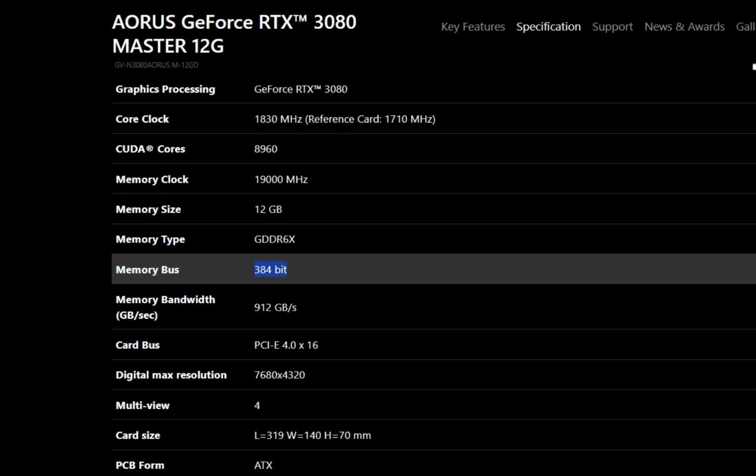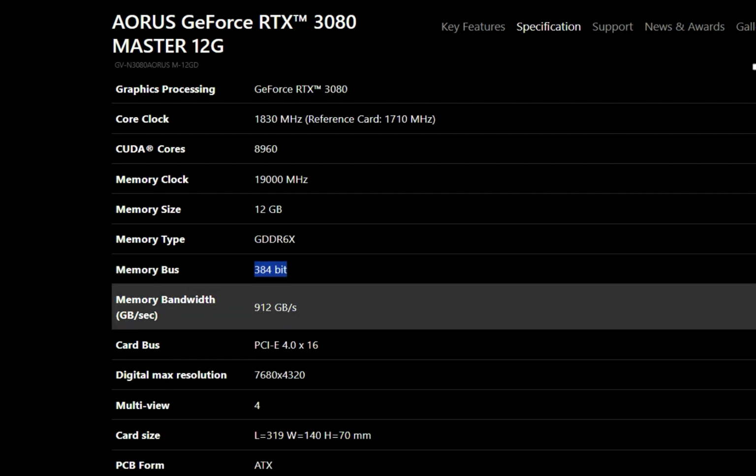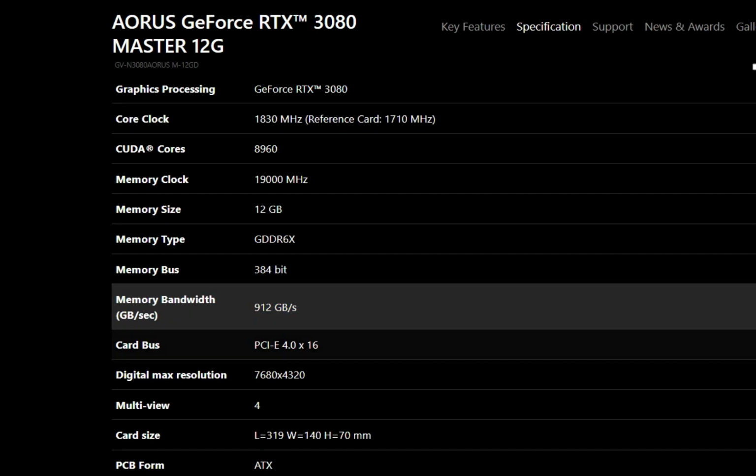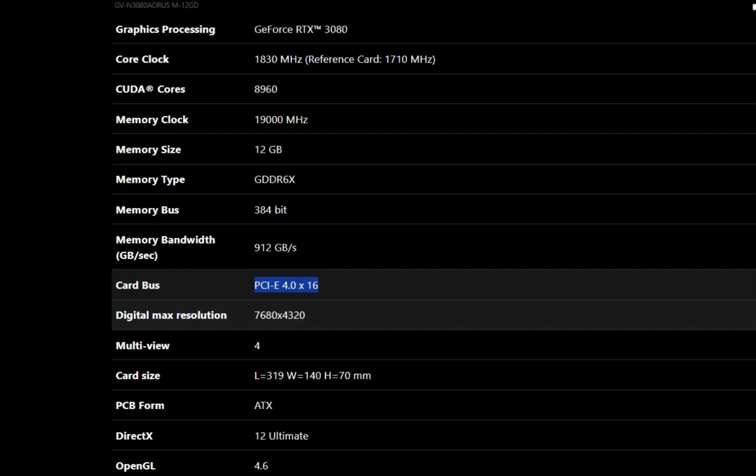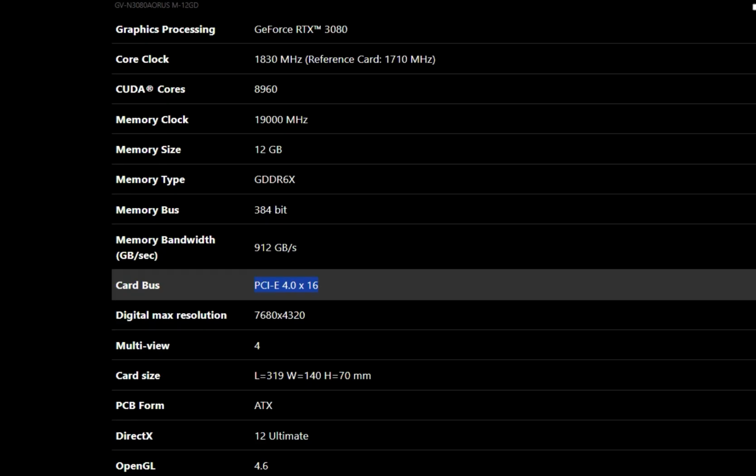to VRAM. This is used for bus, so 384-bit, and this is your graphic card speed 912 GB per second, and this is your bus card number you can see, which connects to your motherboard, this graphic card PCI